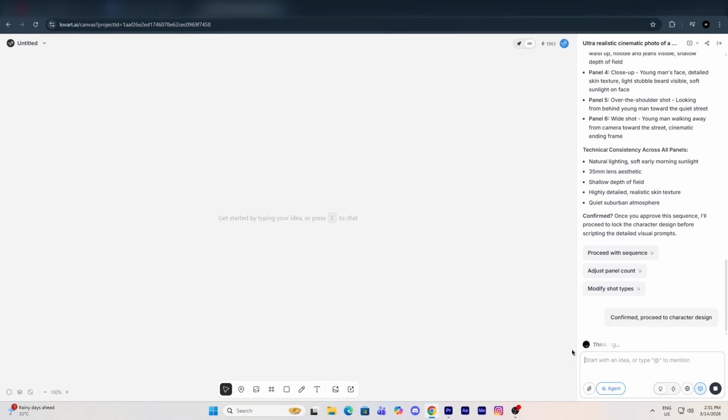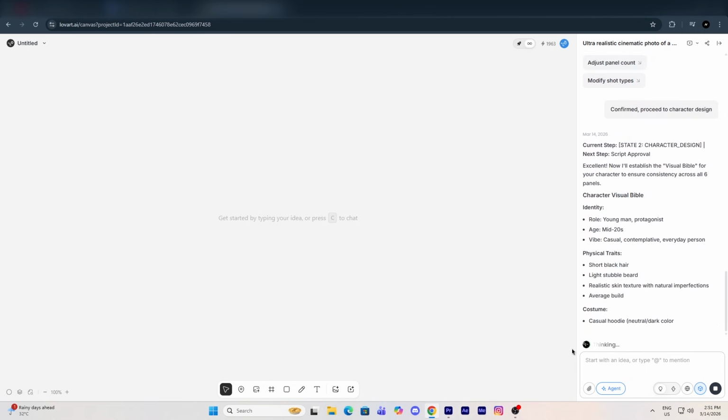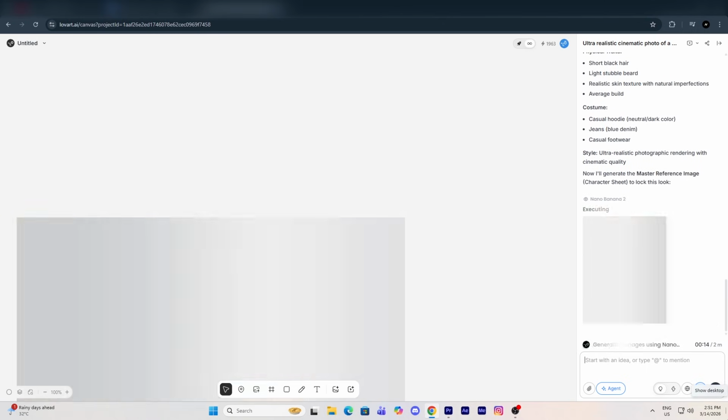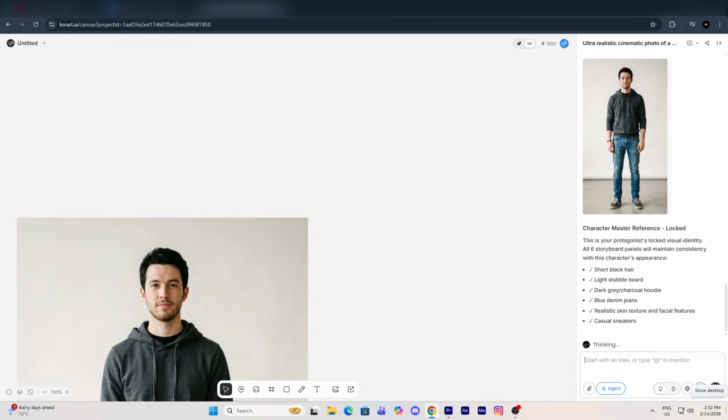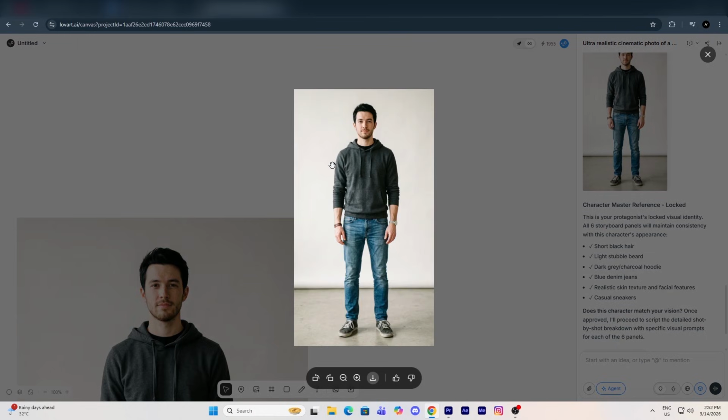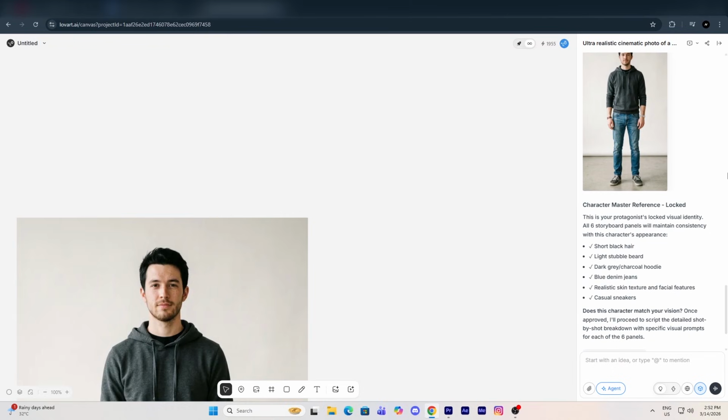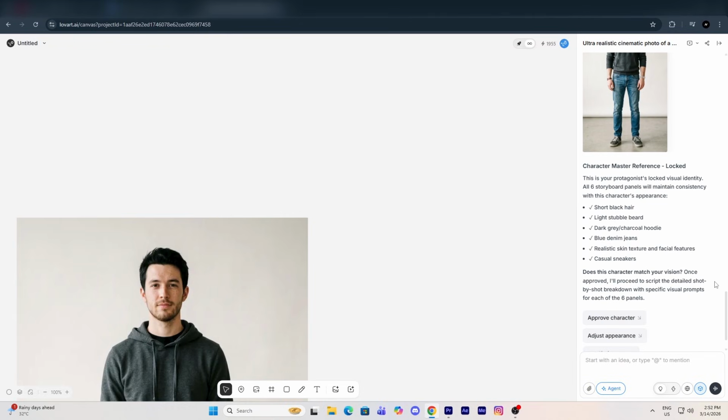Now the AI agent will start visualizing the character design. As you can see, it's generating the character image, and it does it very quickly. So now our character is generated. Just take a look at the quality of the character. It's actually very impressive. If you're not satisfied, you can regenerate it or change things like clothes, shoes, pants, face, skin tone, or anything else. You just need to tell the AI agent and it will update it. But in my case, the character looks great, so I won't change anything. Now I'll simply scroll down and click Approve Character and then press Enter.